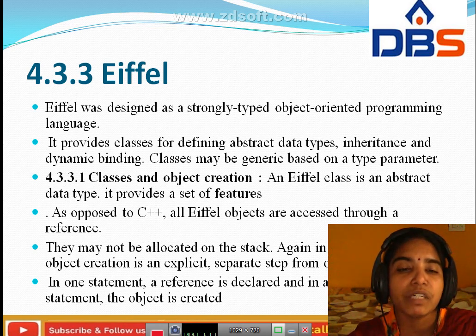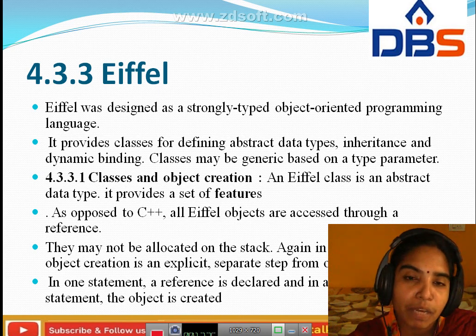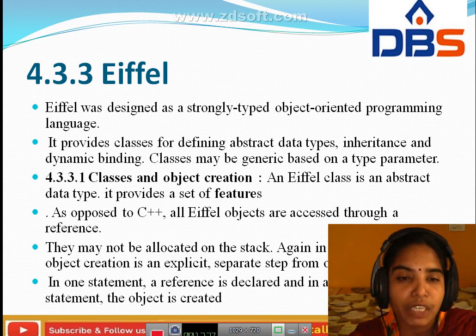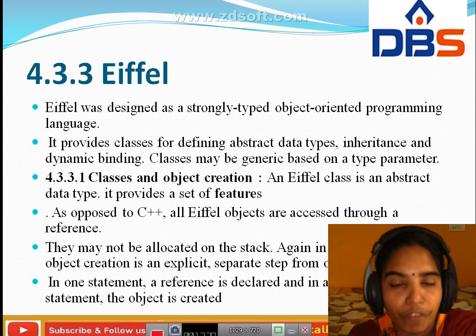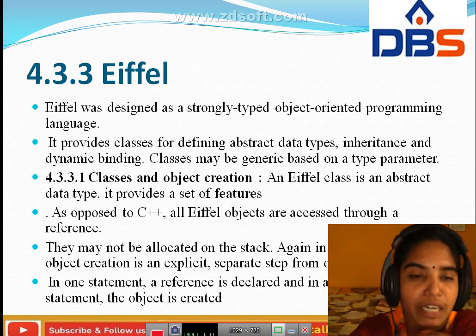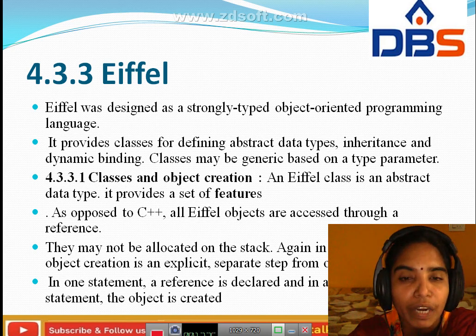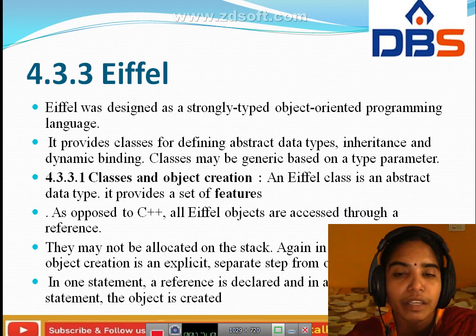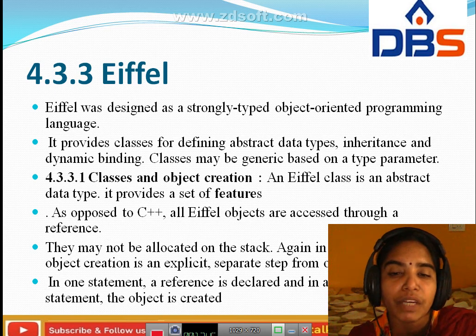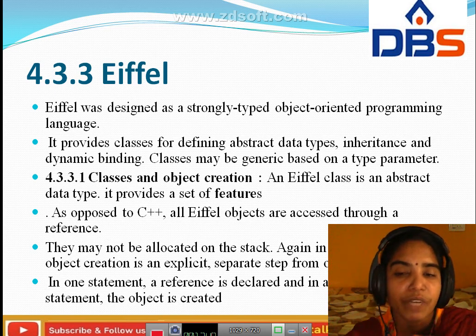It is opposite to C++. All Eiffel objects are accessed through a reference. Reference means address. Eiffel objects may not be allocated on the stack.